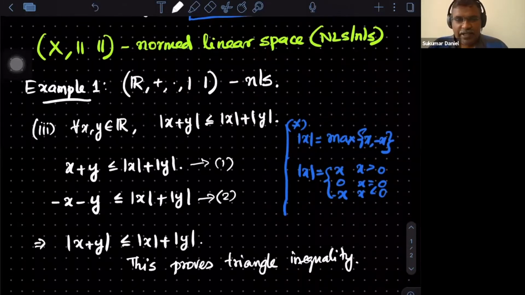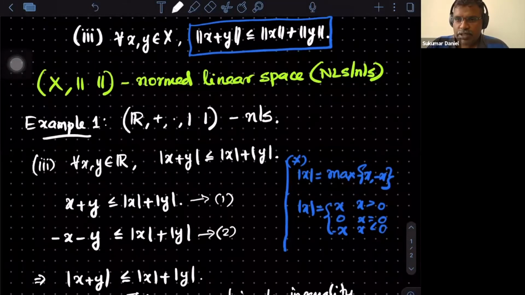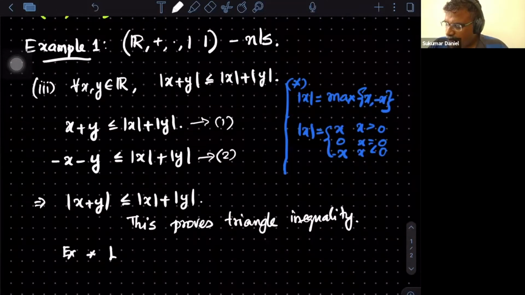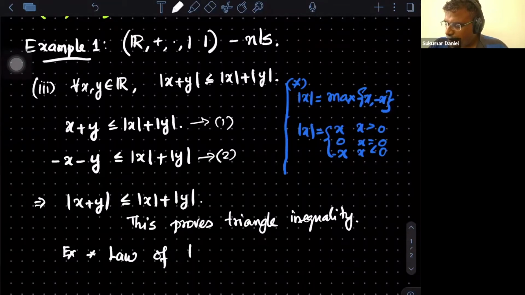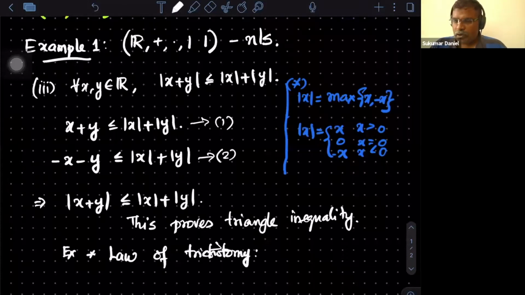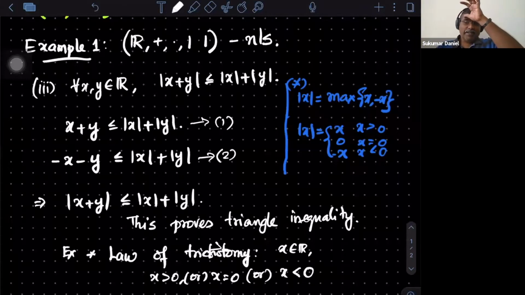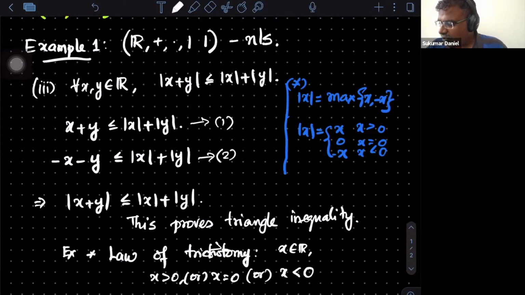And to get the definiteness, note that you will be using this notion. I would leave it as an exercise. There is something called the law of trichotomy. All it says is that if you give me any real number, either x is positive or x is 0 or x is negative. Okay, it looks simple, but you cannot deduce it. It's an axiom that we are taking up.